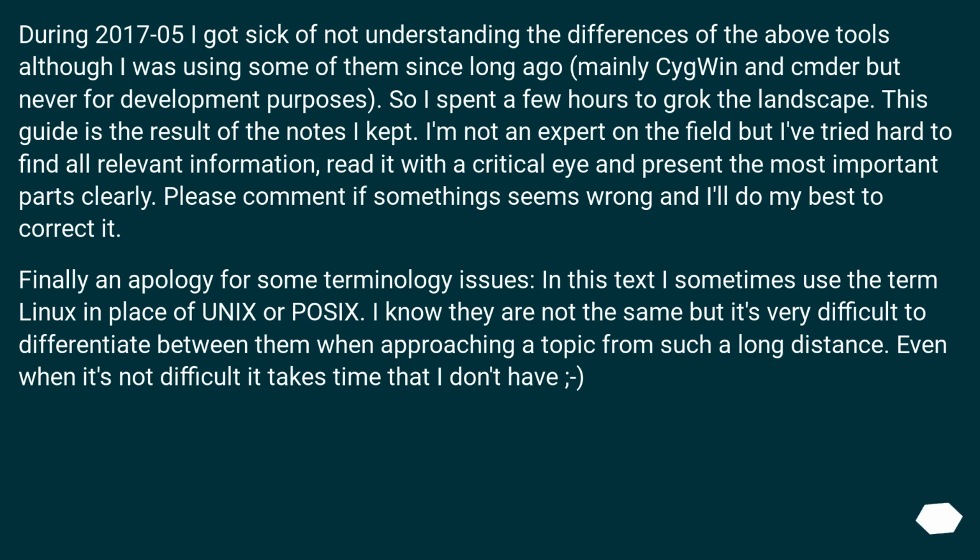Finally, an apology for some terminology issues. In this text I sometimes use the term Linux in place of Unix or POSIX. I know they are not the same, but it's very difficult to differentiate between them when approaching a topic from such a long distance. Even when it's not difficult, it takes time that I don't have. :)